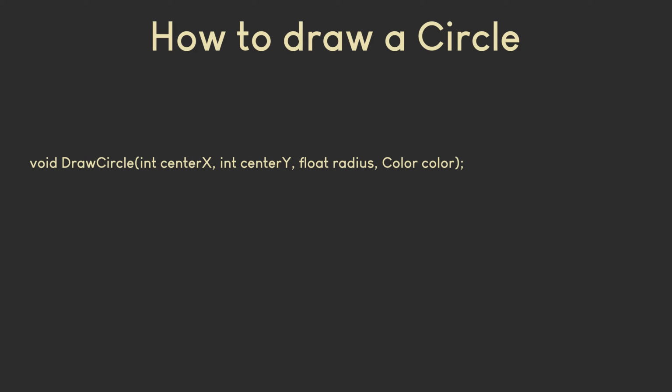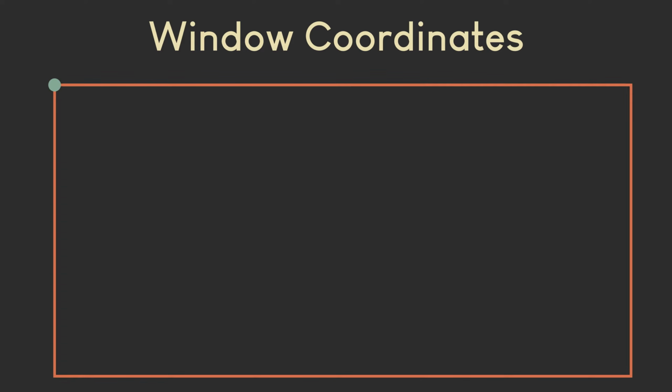Now let's talk about the x position and the y position. The origin of the blank window we have created is the top left corner of it. So this point right here has x position 0 and y position 0. The x position increases as we move from left to right, and the y position increases as we move from the top to the bottom. So what are the x and y coordinates of the center of the window, given that our window is 1280 by 800 pixels? It is 640 by 400. It is the window width divided by 2 and the window height divided by 2.